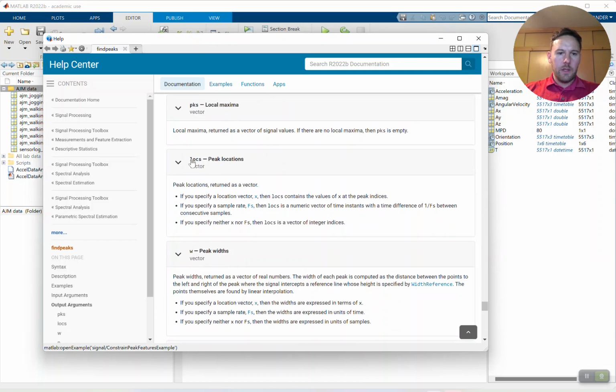LOCS. Oh, peak locations. That's kind of what we wanted, right? Peak locations are returned as a vector. If you specify a location vector x, then LOCS contains the values of x at the peak indices. Oh, okay. So I think x is going to give me the